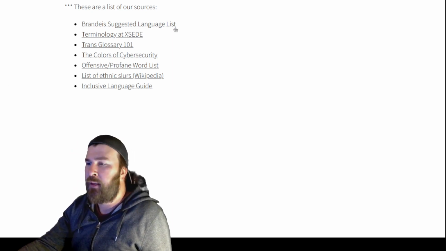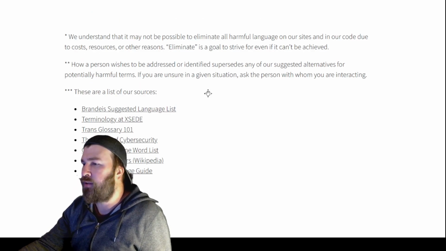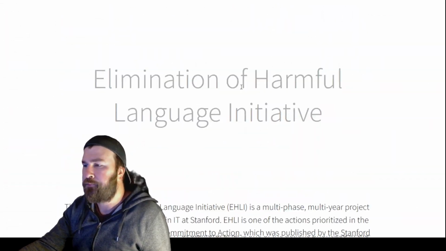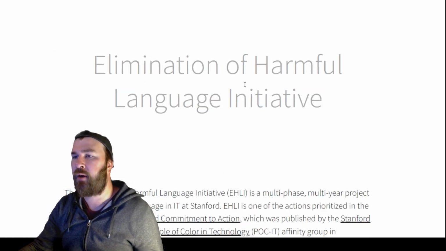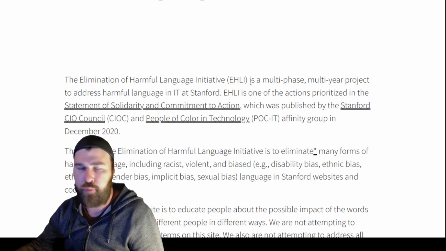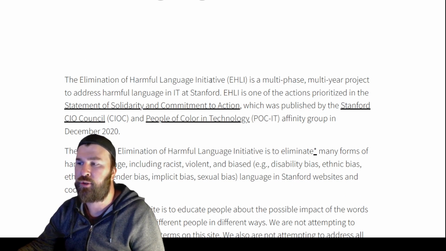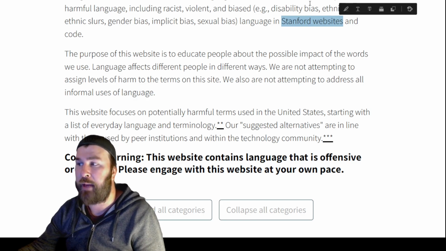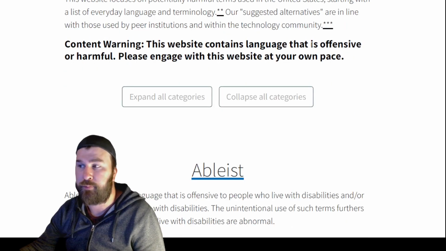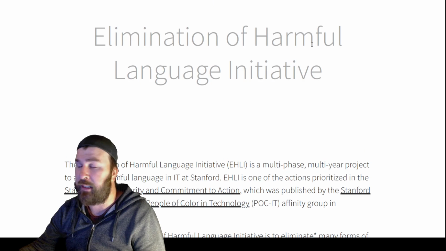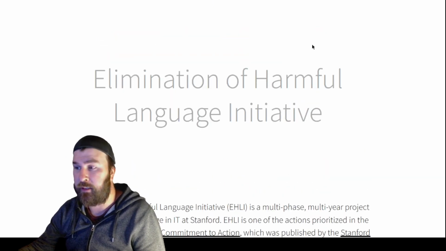So essentially, you can go take a look at that yourself. And like I said, it's about 13 pages. It's pretty quick to read through. But this is directly from Stanford University with their EHLI program, the Elimination of Harmful Language Initiative. Literally, just to make sure that the YouTube peoples are happy, it does say Stanford websites, and I'm just making sure that we are understanding that any of these words on there is not me saying them, it's Stanford saying them